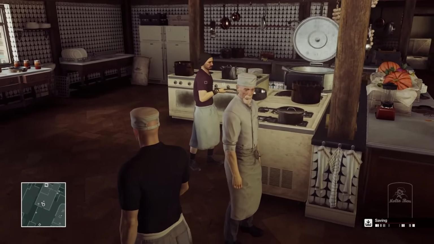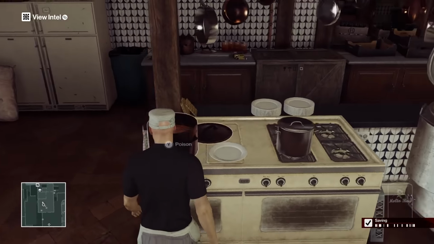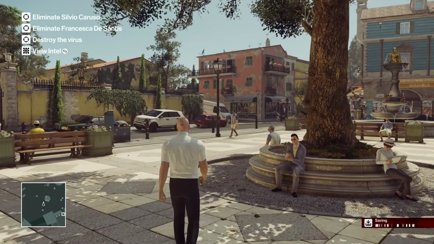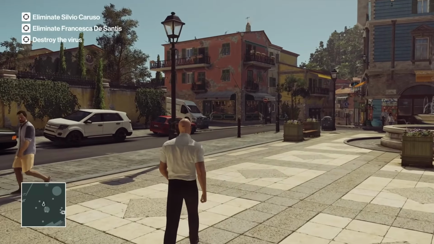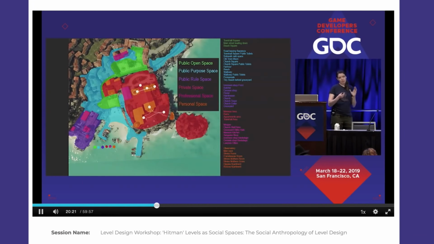Back down on Earth, the Hitman developers used this technique to subtly explain how the world will react to your presence. It's often pretty obvious which areas you can casually stroll into because of our understanding of real-world social behaviors and rules. This comes from a GDC talk by IO developer Mette Andersen, who says, "When we design these spaces, we're designing rules of behavior, and we're designing something that's going to tap into your knowledge of how should I